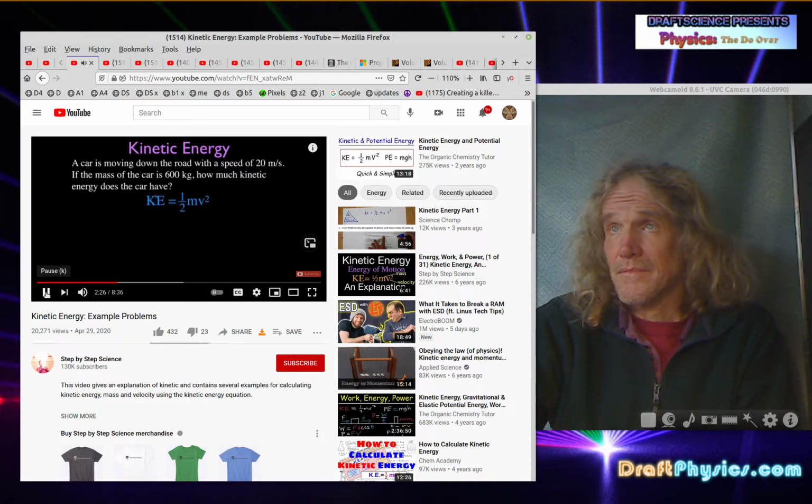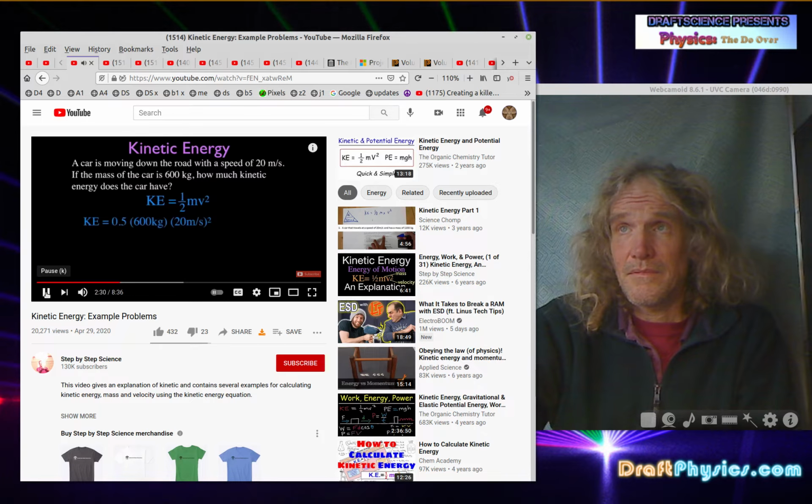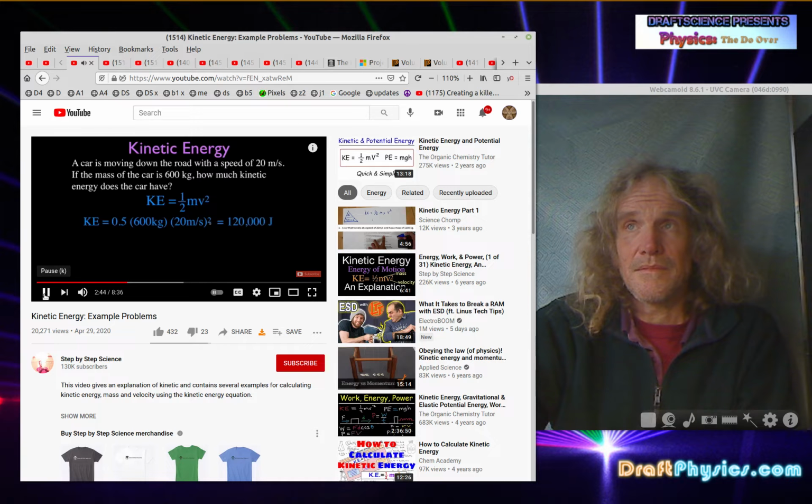Pretty straightforward. Just going to use this equation the way it is. No rearranging, solving, plug the numbers in. Now I like to write down 0.5 and 1/2. It's the same thing. Mass 600 kilograms. The speed we said was 20 meters per second, and we're going to square the 20 meters per second. Don't forget that, and you will get that's actually